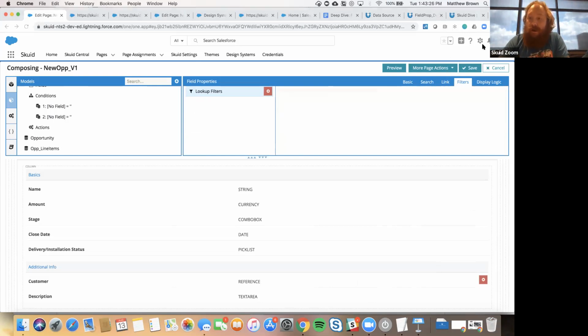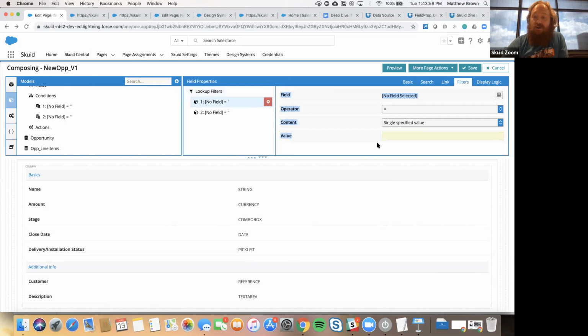So one note about that, normally Skuid automatically pulls from the metadata that you have in Salesforce and how you've configured it. This is one of the exceptions to that. In Salesforce, you can apply filters to a lookup field, and Skuid does not interpret that. We don't get those controls. So you will often have to rebuild that at the Skuid side, but this is how you do it. You can add lookup filters to that lookup field, but there is a ton of control here that is really, really cool, because you can do